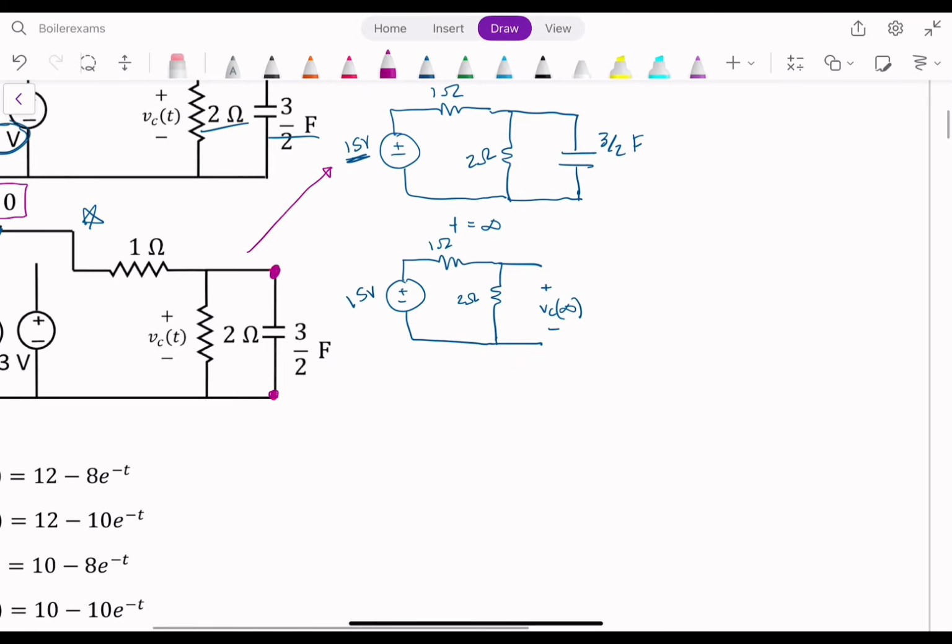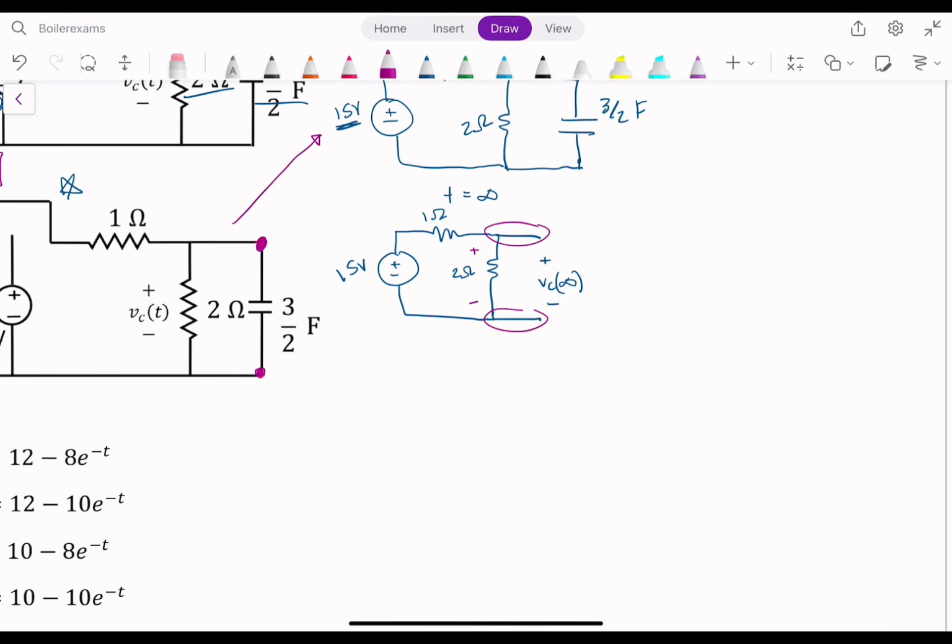Okay, so with that, in order to now find V sub c of infinity, all we need to do is find the voltage across this parallel 2 ohm resistor here, right? So they share the same top nodes, they're in parallel. So the voltage across that 2 ohm resistor will be equal to V sub c of infinity. And since our capacitor is now just an open circuit with no current flowing through it,